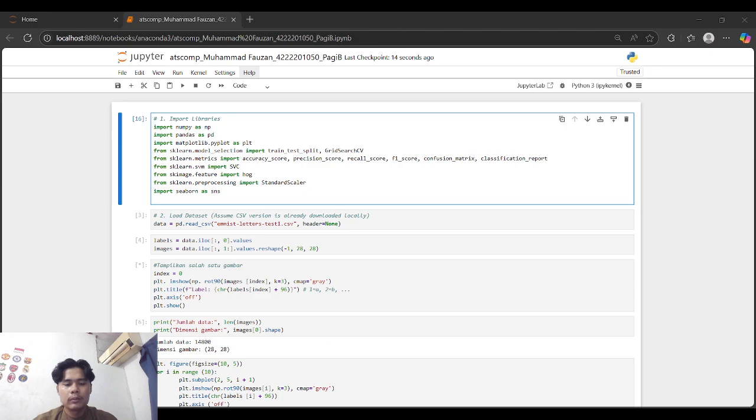Project in mid-semester exam on computer vision. Okay, on the first cell,